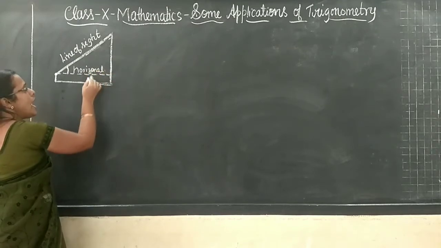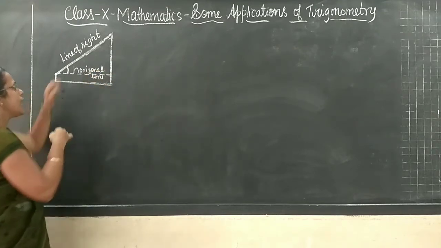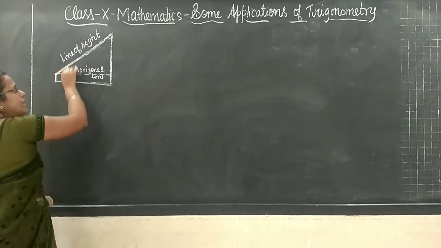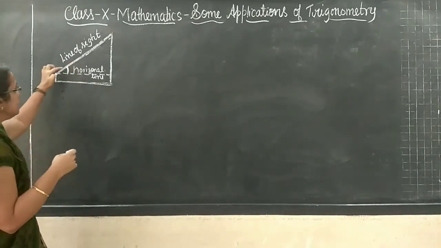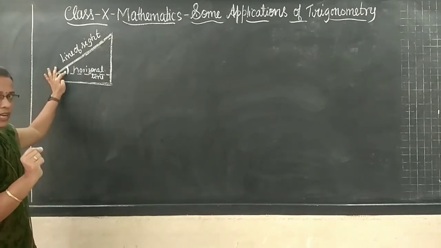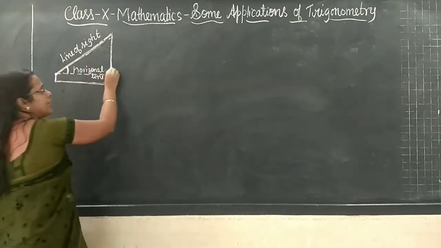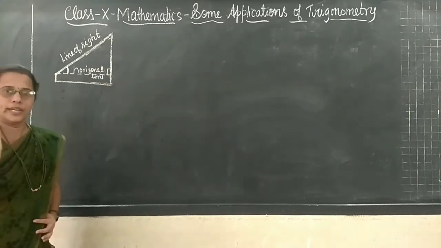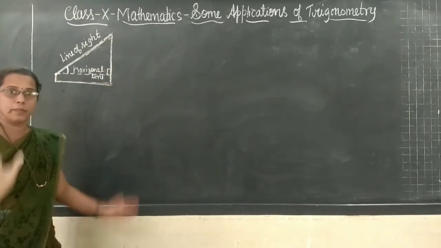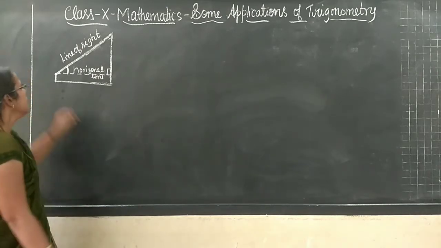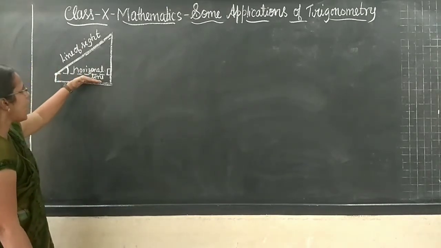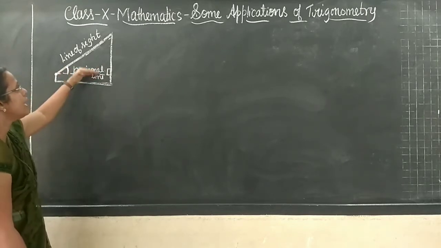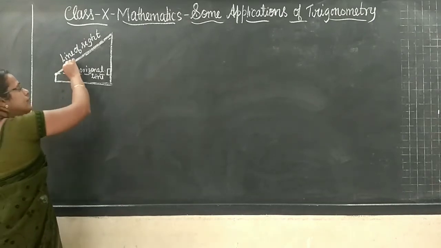The horizontal line and the line of sight make an angle here. Will you make out, children? And this angle is an acute angle. Will you agree? So this angle is a right angle, always to the ground where the vertical pole stands. It is always vertical. Vertical means it is perpendicular in nature. Got it, children? So now here, the angle formed by the horizontal line and the line of sight, this angle is